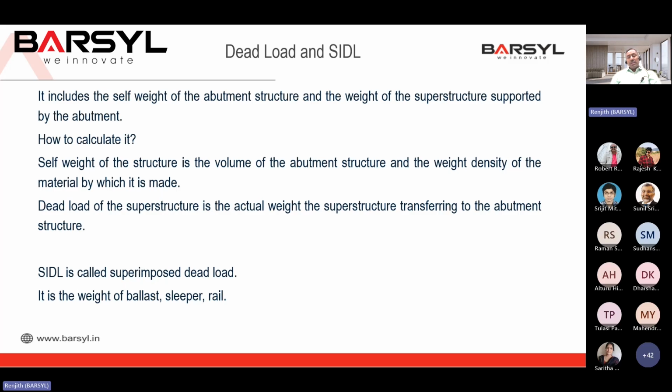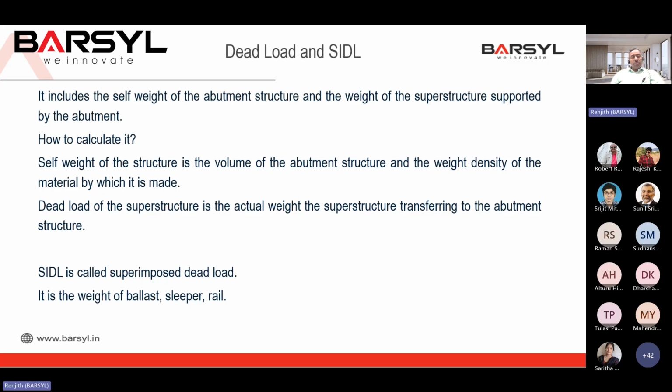For the design of an abutment, this dead load of the superstructure and SIDL are readily available in the RDSO drawings. So we can directly take the dead load and SIDL for different spans from the RDSO drawings. If it is not a standard span, then definitely there will be a superstructure analysis. From the superstructure analysis, we will get the support reactions for the dead load and for the SIDL. Those reactions we have to apply to the abutment structure for the analysis. So this is the first load, that is dead load and SIDL, which is taken for the analysis of an